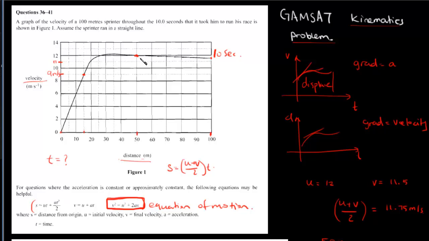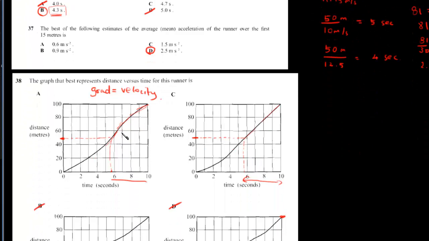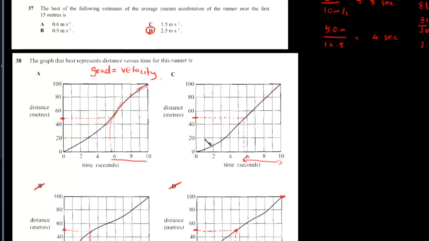You can see that it's about 12. It doesn't suddenly increase its velocity. It doesn't do that at all. It just maintains about 12 meters per second to about 11.5. So I think this is a better bet than this one, because there isn't much fluctuation in the velocity. Another thing you can think of is